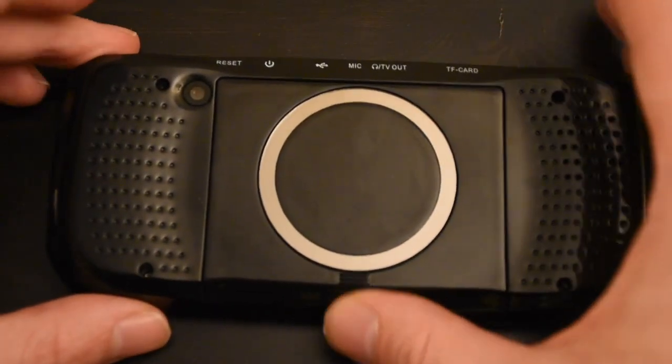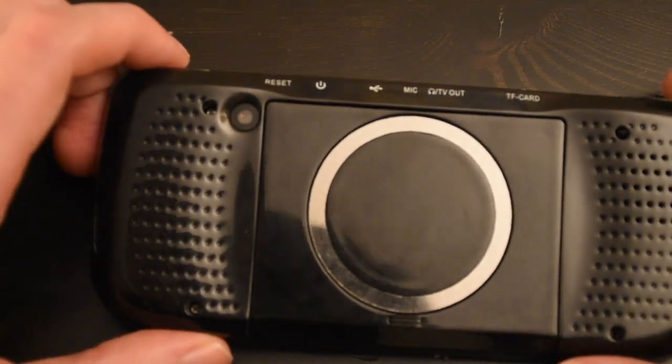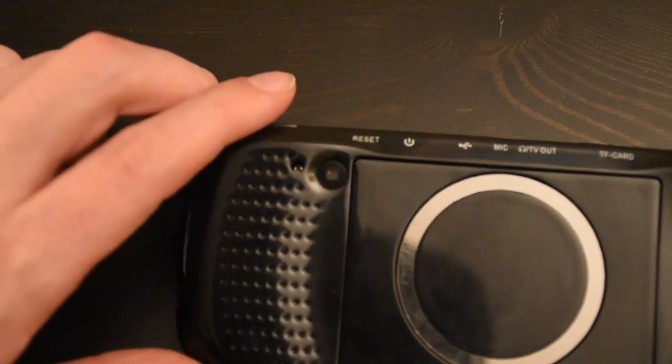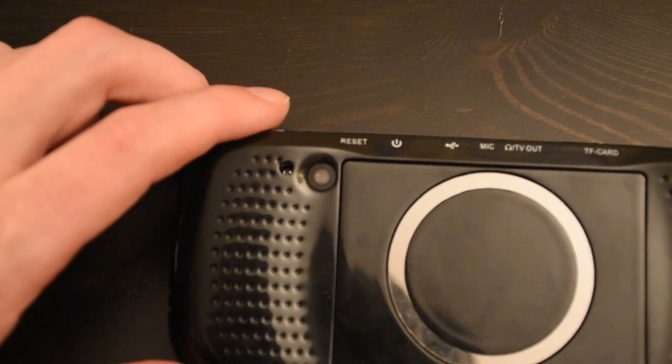The camera was the second thing I noticed. The camera in the corner, well, I didn't know it was there when I bought it. It is a different feature. The camera quality is horrible, and I would not recommend using it. You can also notice here that the actual lens is offset from the center, which makes the images distorted and